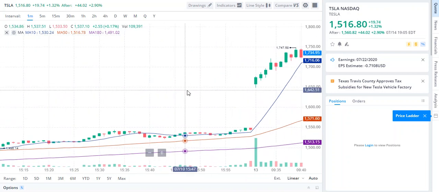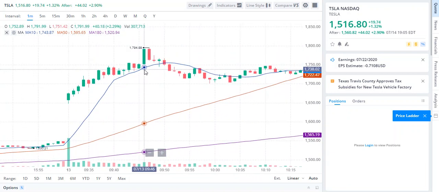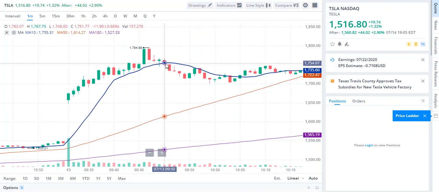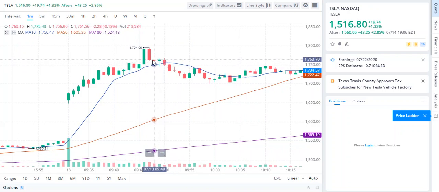Oops, here we go. So like for example here, and the same thing works for resistance. Once it crosses below, now your resistance is this line, right? Is this price right here? 1755 is now your resistance. So you'd wait until it breaks above the resistance, which it didn't, which means it's still kind of trending down long term. It hasn't crossed above that resistance, and the resistance being where the candle closes